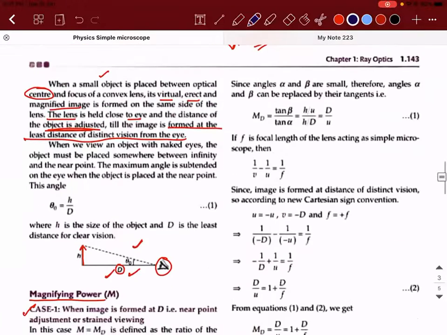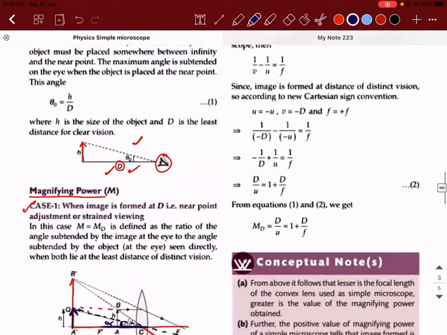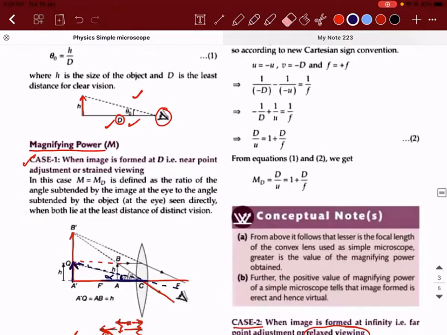Now comes an important point. Remember, the angles subtended here are going to be very, very small. When they are small, we keep doing an approximation: you can approximate the angle to either tan or sine. So the angles alpha and beta can be replaced with their tangents. Can I say that the magnifying power in this scenario is going to be tan beta divided by tan alpha? Right. Whenever I need tan of an angle, you'll take vertical divided by horizontal. So if I take tan of alpha,